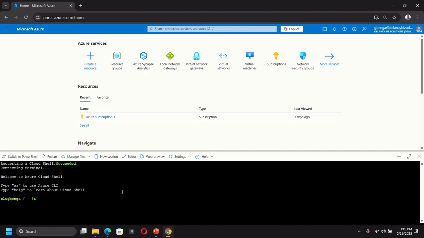Now that I'm in the Azure Cloud Shell, I'm going to enter the following command. What the command will do is to download the files that I need for this exercise. That file is in GitHub, so I'm going to say git clone. So I want to clone the file. What is the URL for the file? Is